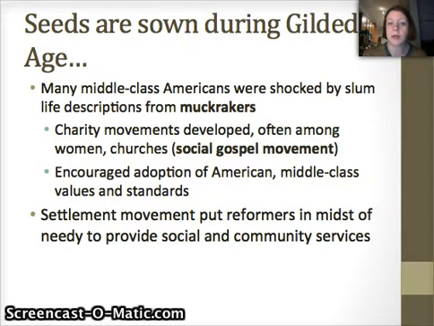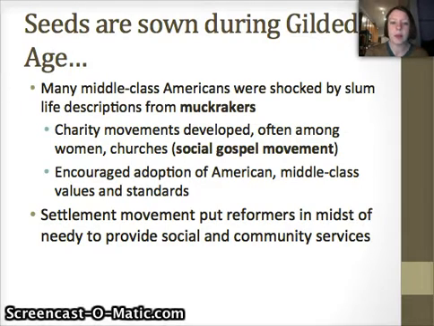Often these are women's groups, they might be church-related groups, and they're practicing what they call the social gospel, which is the idea that it's their obligation to take care of people who are in need. This is a very, very middle-class movement. These are not your Rockefellers and your Carnegies, but this is also not a movement led by people who are living in or experiencing the worst conditions. It's mostly a group of comfortable middle-class people, and it's very much driven by their belief that their values as middle-class Americans are what will help people from living in terrible conditions. So they're really encouraging people to adopt and believe in the things that they believe in.